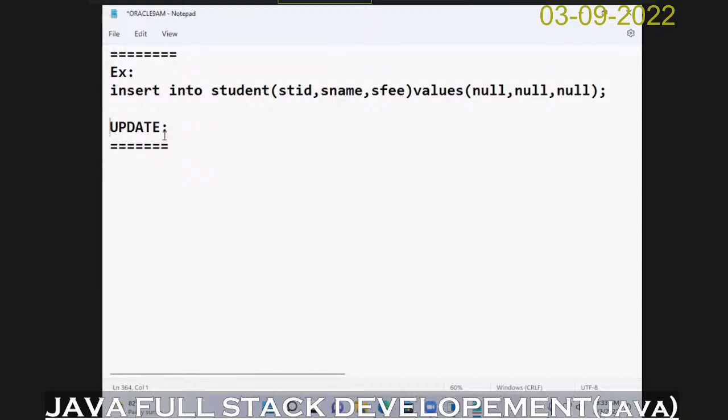Okay. So, update command. How is it used? When you want to update either a specific row, you can use the update command. Otherwise, you can update all rows. So either one can happen, either specific or all rows. Okay. Now write down: